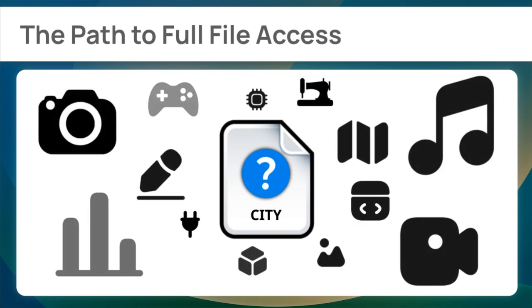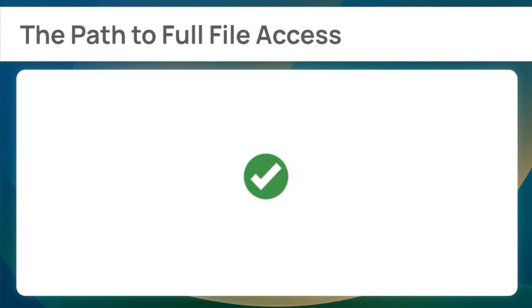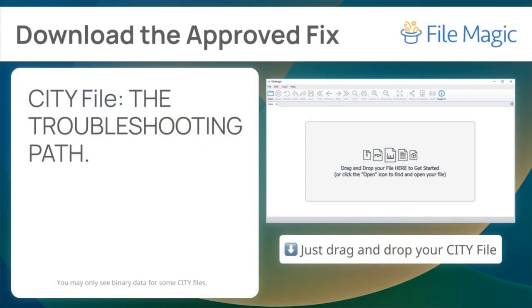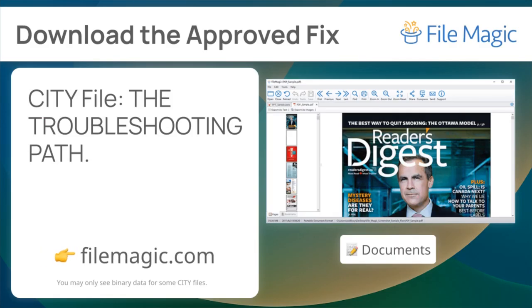A universal viewer is designed to act as a versatile tool for identifying many formats, providing a reliable way to attempt access when standard programs have failed. Since the manual approaches didn't work for the file, the smart move is to use FileMagick, which provides the one-click solution you need. Available at